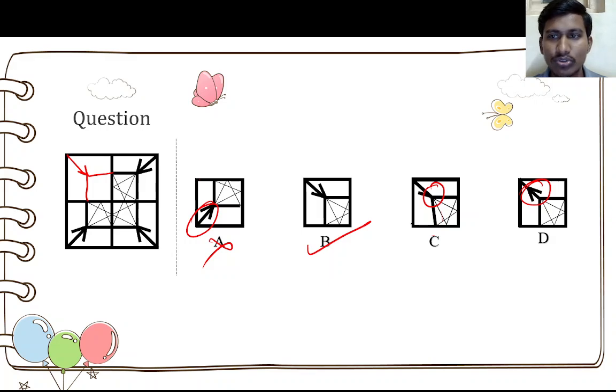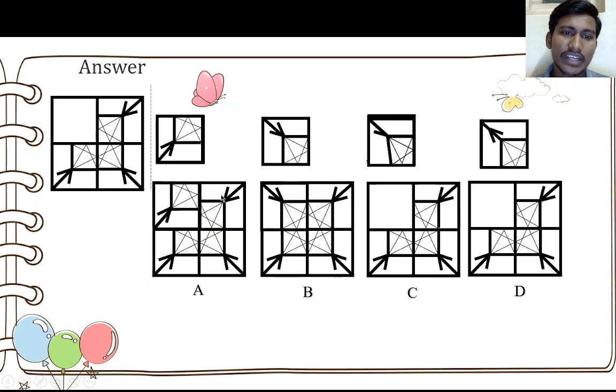What you have to do is go with the easiest method possible, or you can draw it also. If you are not able to get it, you can draw like this. What I did, I drew it, right? You can draw also. Understand? Okay, good. So you can draw and do it. So this is how you have to solve the questions.